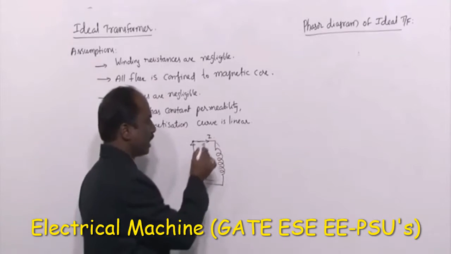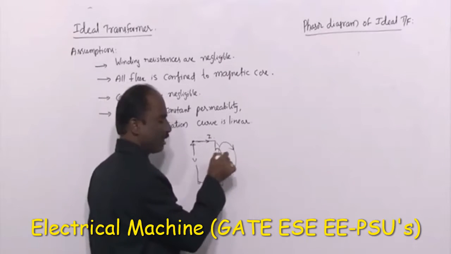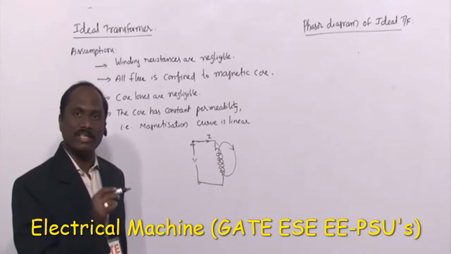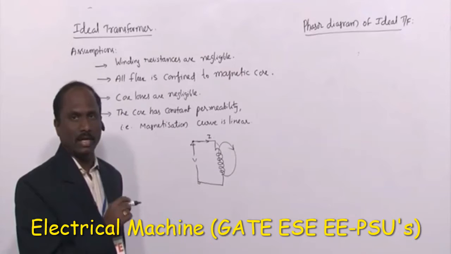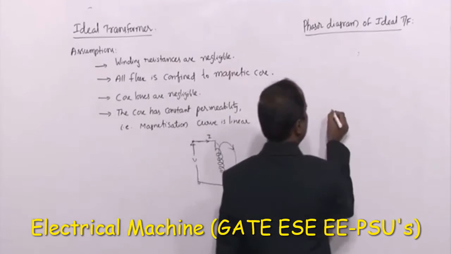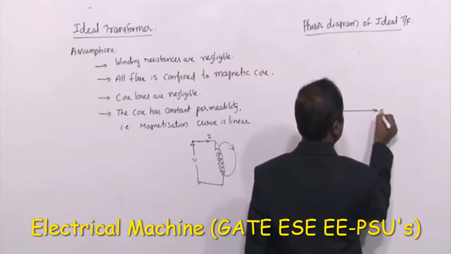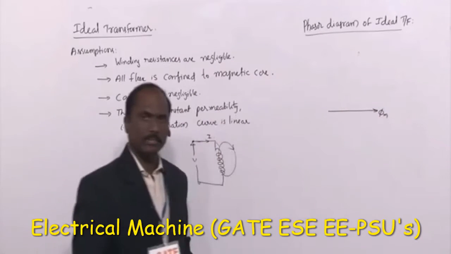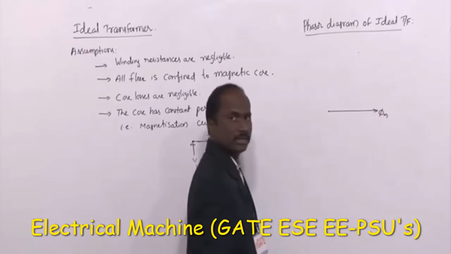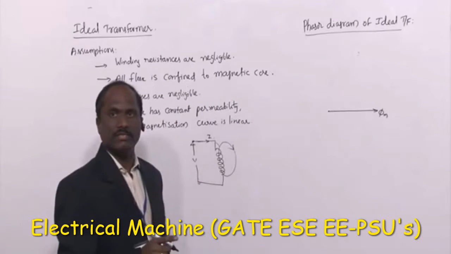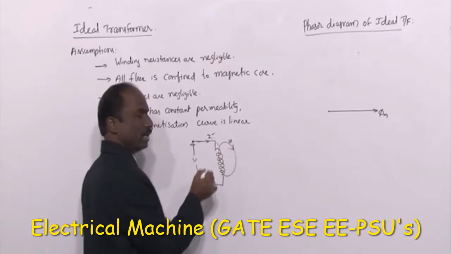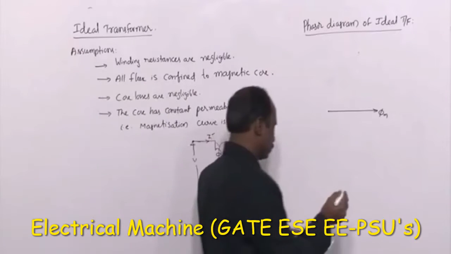And at the same time, this current is developing a magnetic flux here. So the magnetic flux and current are both in phase. So the flux also lags the voltage by 90 degrees, right? Here the same principle we are applying. We are taking the flux as the reference. This is phi equal to phi m sin omega t. This is the flux. How is the current? Current is also in phase with the flux, because this flux is due to this current I.